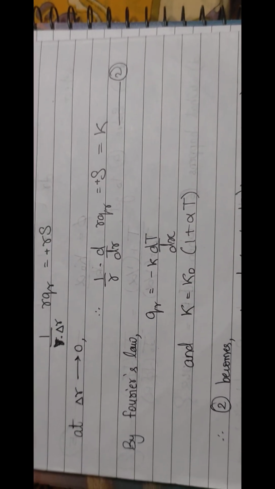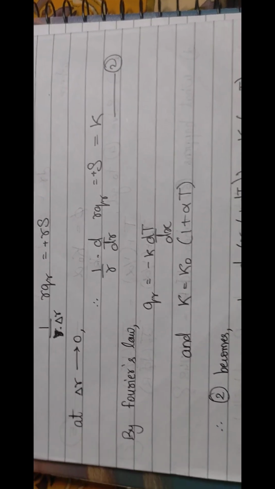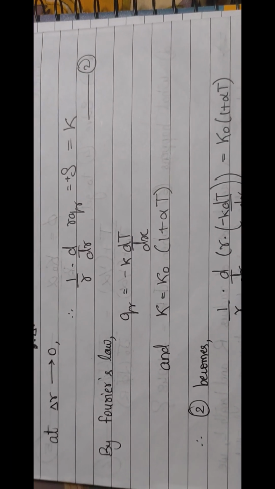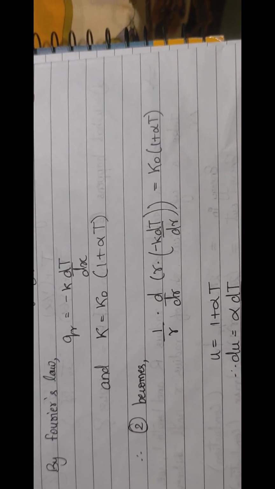We can assume it because in the equation we have used the notation of K instead of S, so we can write it as K. By Fourier's law, QR is equal to minus K dT by dx, and K is equal to K naught into 1 plus alpha T. This is given in the question itself. Equation 2 becomes, after substituting both these equations,